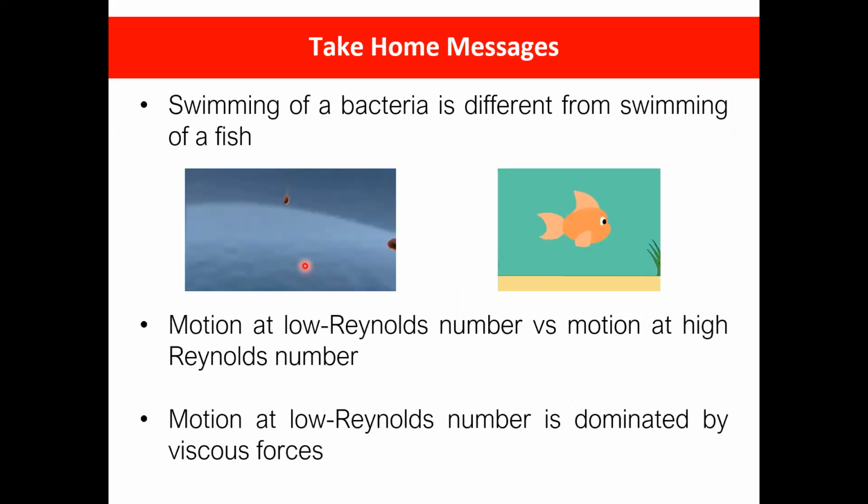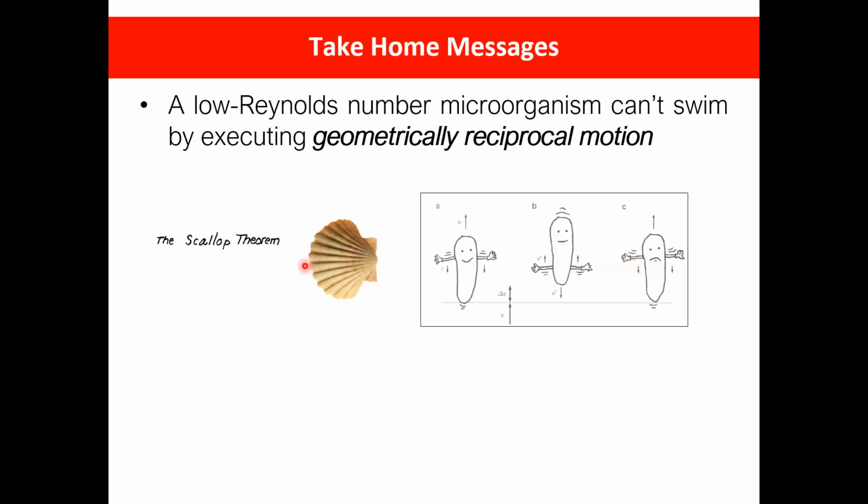After that, we saw that the swimming of a bacterium is different from the swimming of a fish. For the bacteria, the motion is at low Reynolds number, where viscous forces dominate the motion. One of the things I told you is that a big fish can take advantage of its inertia, but the bacteria cannot take advantage of inertia, and therefore it stops as soon as it stops moving its flagellum. So motion in the low Reynolds number world is very different from the motion that we see in the high Reynolds number world. And a consequence of this was